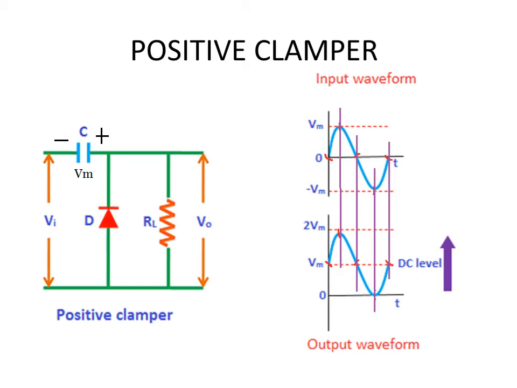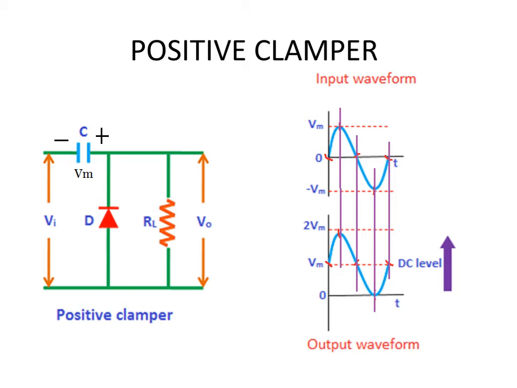Whereas when it goes through the circuit and comes out of the circuit, you can see it has been raised and the trough is resting at 0 value. So that is referred to as a positive clamper, and for a positive clamper the clamping level is the level at which you have the trough. So in this case the waveform has been raised and it has been clamped at 0 voltage.